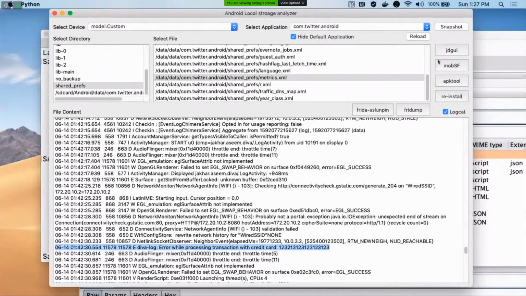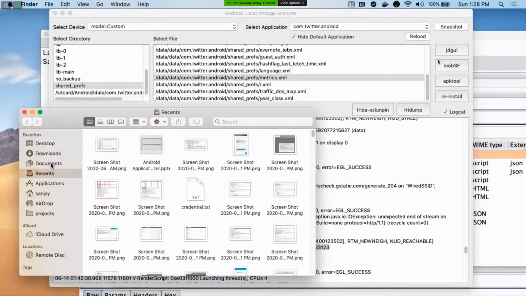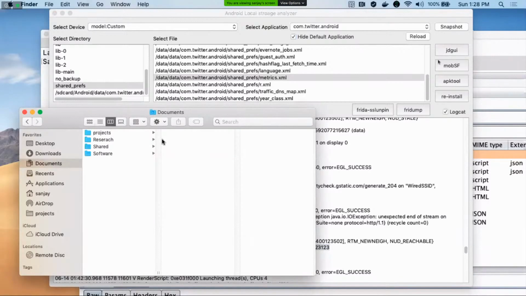So let me show the script, which is publicly available, Frida Universal SSL unpinning. It's publicly available.